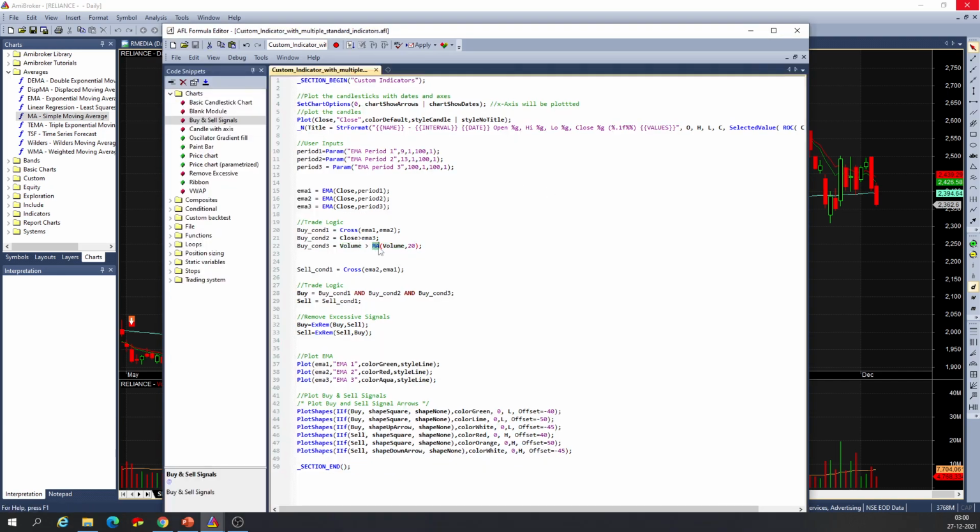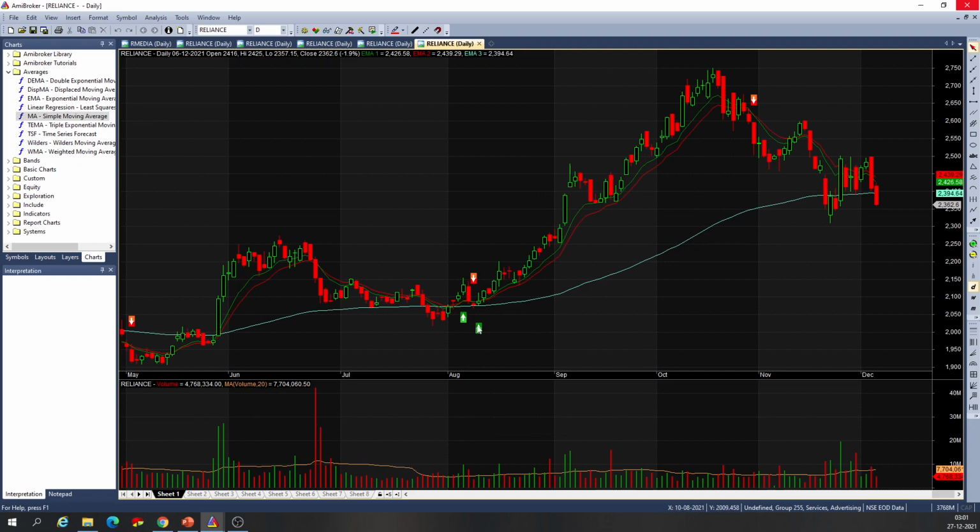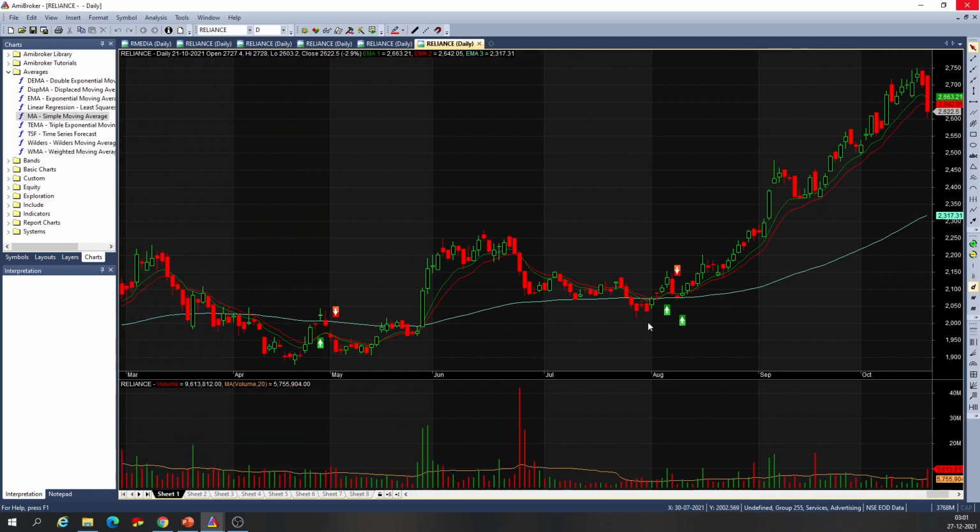So as you can see, it's moving average volume 20. So when volume is greater than the 20 period moving average of the volume array, then we can have a buy condition, which is buy condition 3. This will be true. So as you see, if we just try to zoom here,